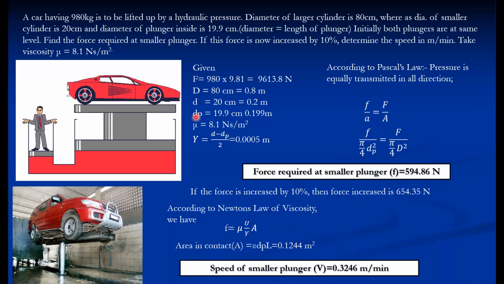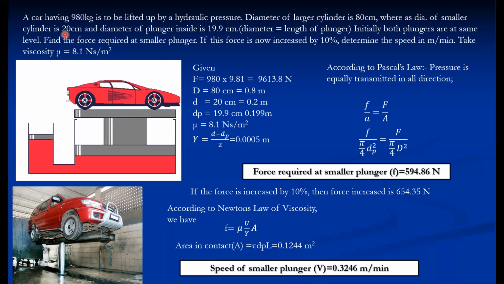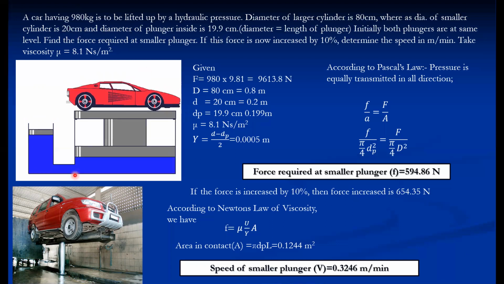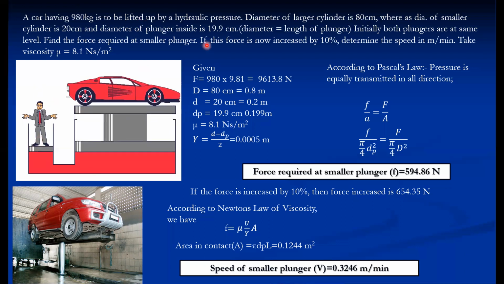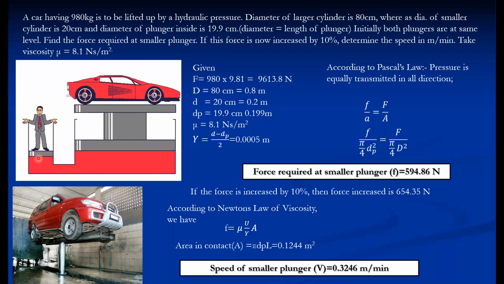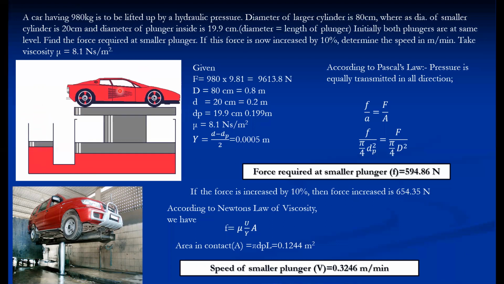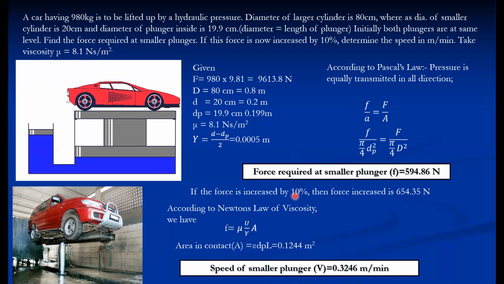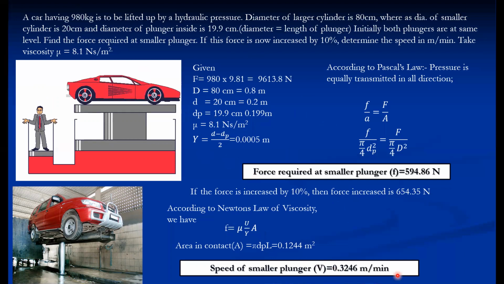In this case, it is a little bit tricky to recognize which diameter to take, that is, the cylinder diameter or the plunger diameter. In most of the problems the plunger diameter is not given, but in actual practice, the pressure is applied on the plunger. That's why the plunger diameter is to be considered. And here the diameter is given already, that length is equal to dp. So this is the final answer.